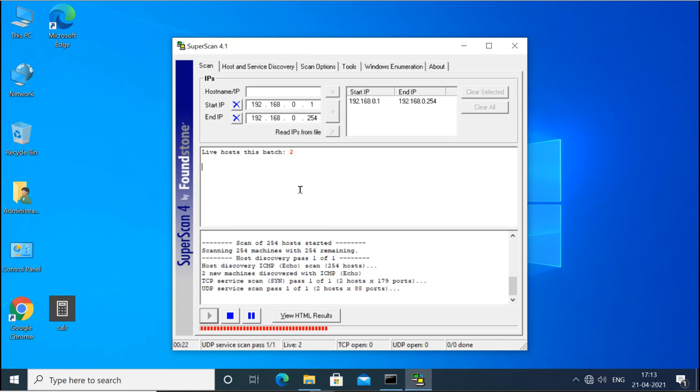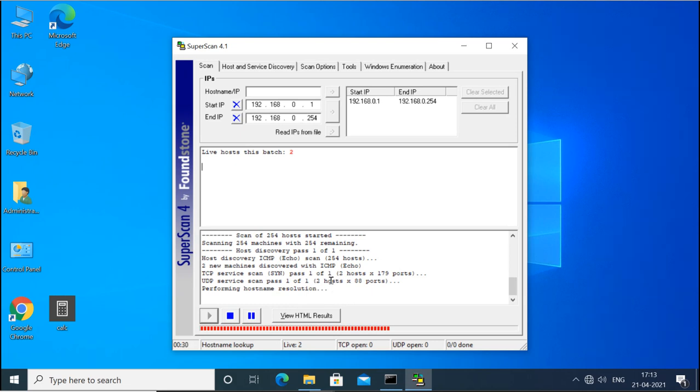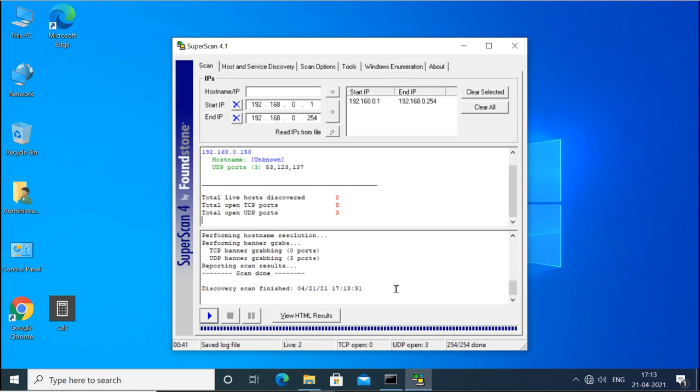So it checks the live host first, and then it is also enumerating the other options. Still going on. Now it is done. It goes for the other information.